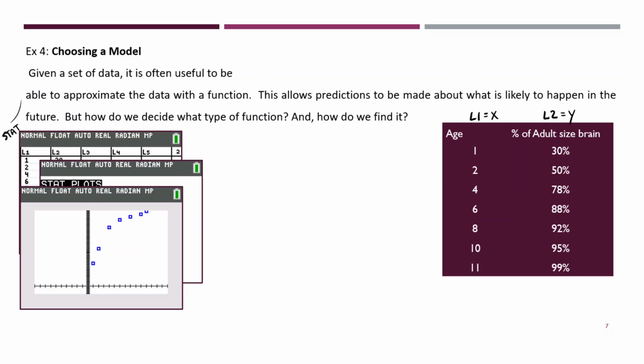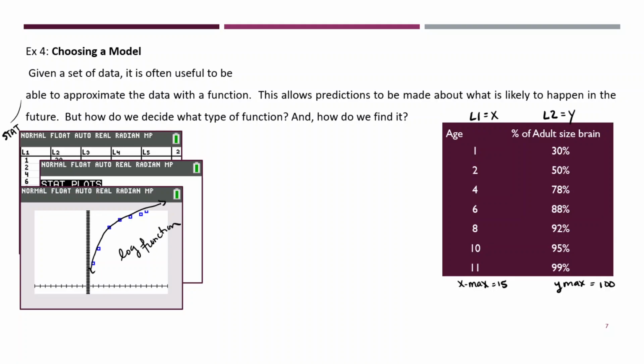Now, when you graph it, you might want to make your Y max of your window equal 100, and you might want to make your X max maybe 15, just so it gets larger than these two so that you see all the data. Now, what does this function look like? Well, if I connect the dots as close as I can, it looks like a log function. Now, I don't know what the base is, and I don't know how it's been moved around, but if I know it's a log function,